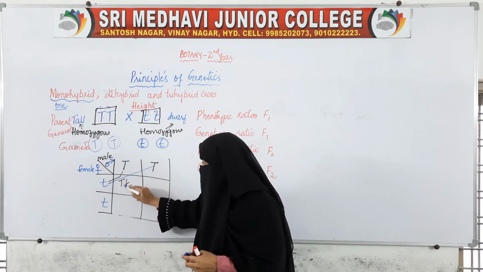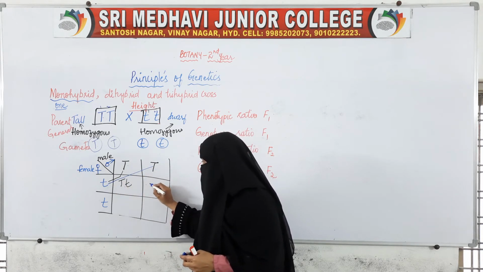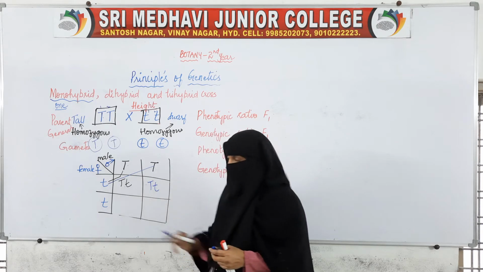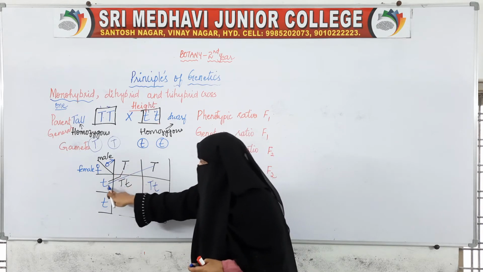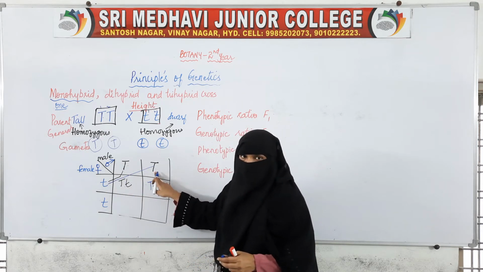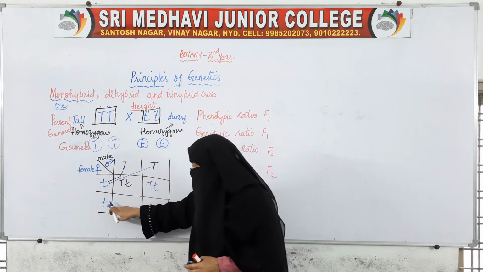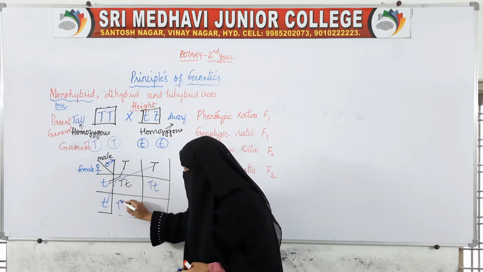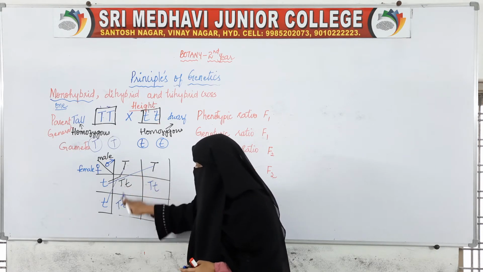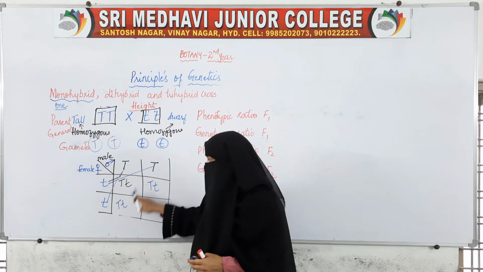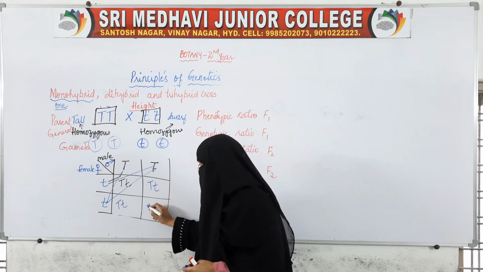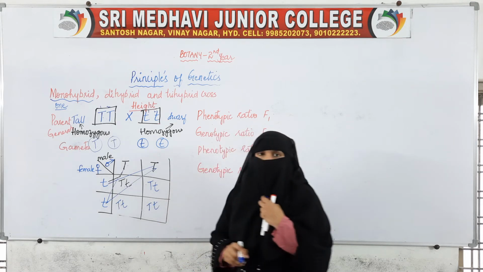We have taken this and this. Now we will take this and this. This is capital T, small t. So this has crossed with this also, this has crossed with this also. Okay. Now we will take this one, this with this, capital T, small t. This is capital T and small t, and here this with this as well. So we get capital T and small t.